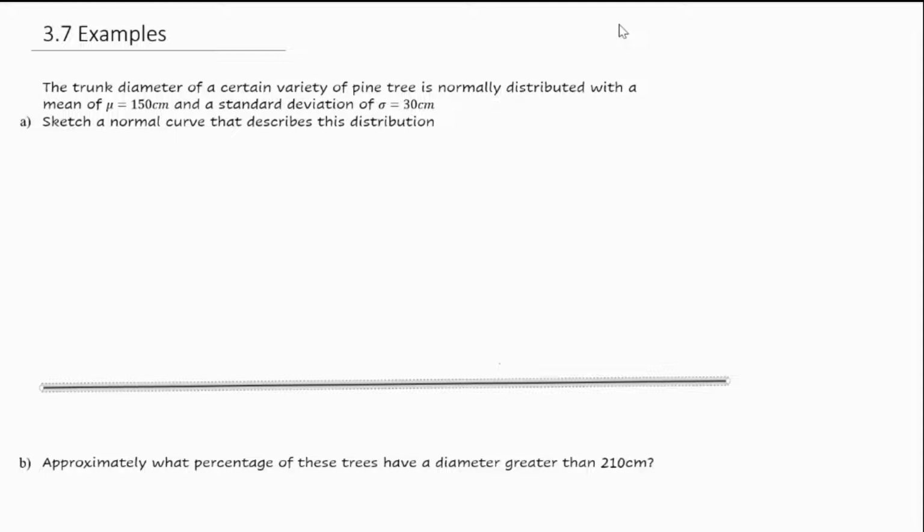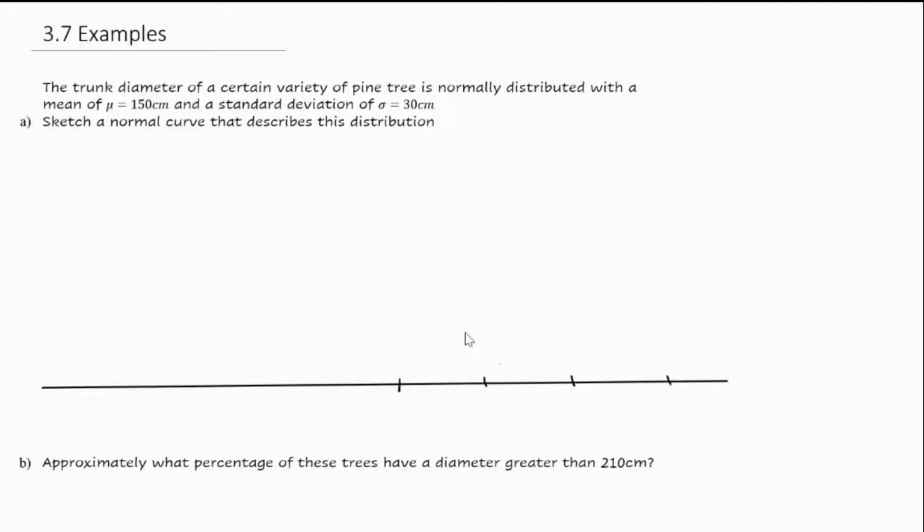So we need a line that's approximately in the center. I hope that's in the center of my line. For yourself, hopefully you are making sure that you are making it as accurate as possible. Then, of course, from the normal distribution curve that you have in your notes, it has the 1, 2,